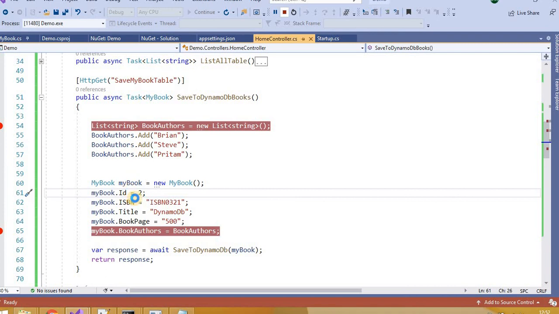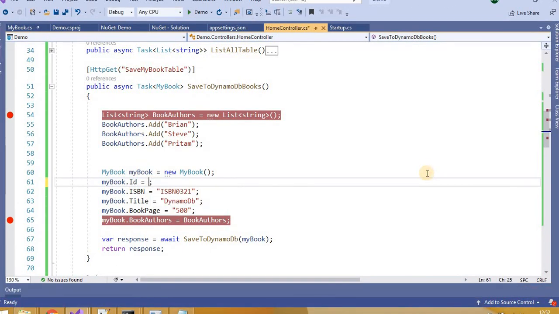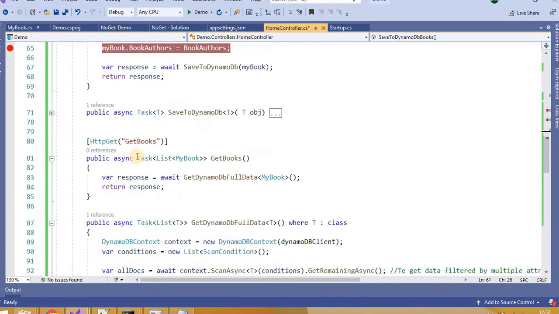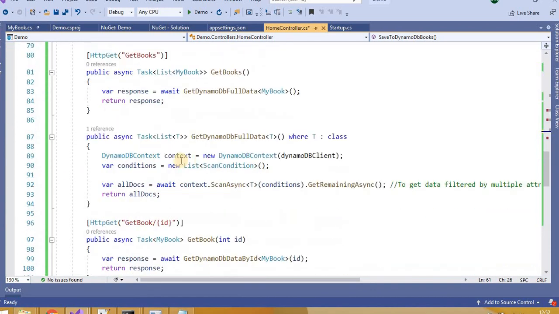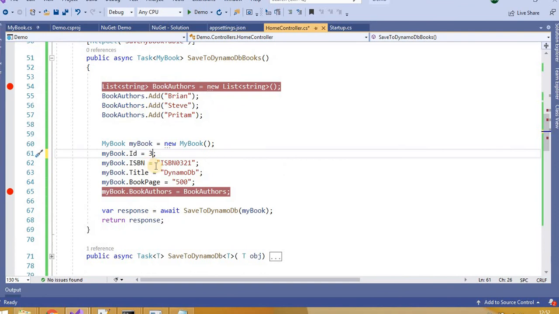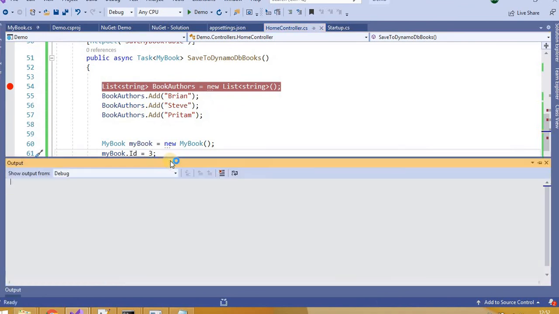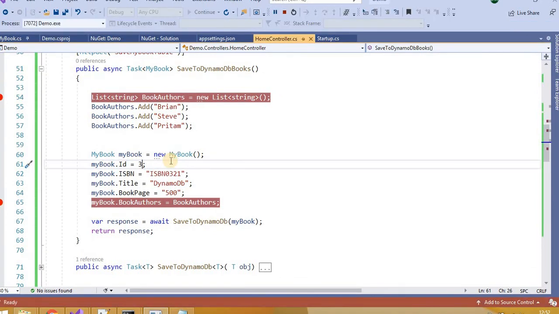Okay, let's try again by changing the ID. Yeah, this is the same case. To update a particular record you can again use the same thing, save async with the same ID, so it will update. So you have no need to go for any other particular function.